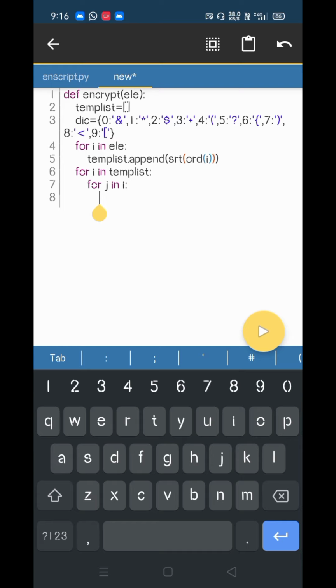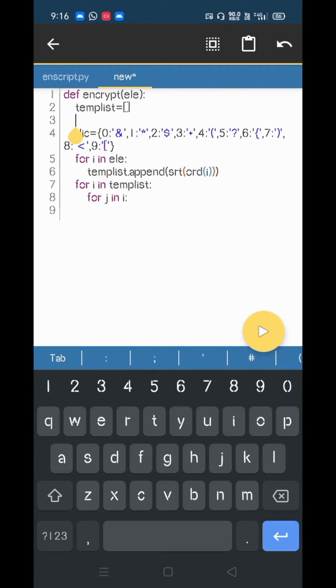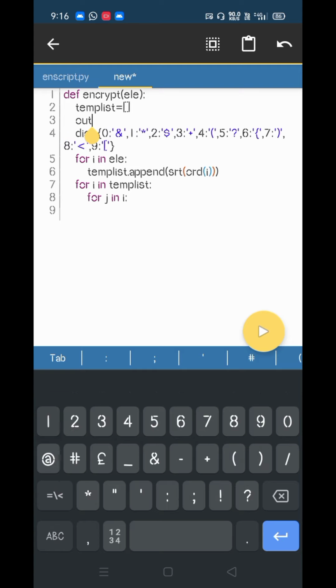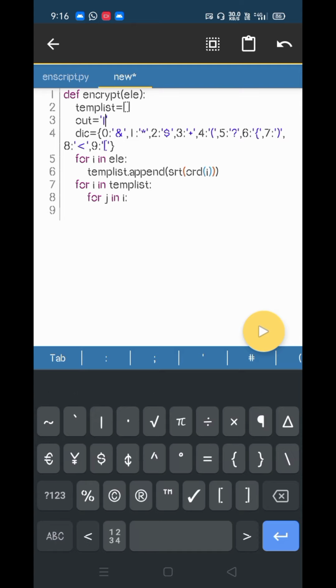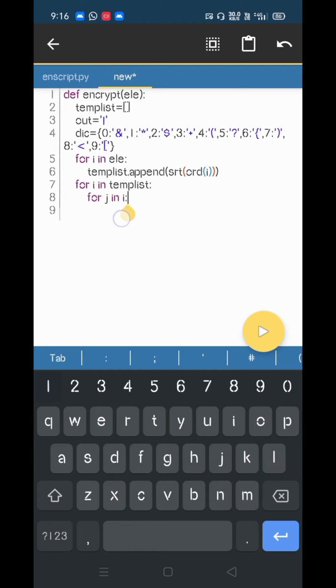The output, I will store in a variable called out, equal to an empty string. Actually we have to add a line to it at the start, so we add a line character.